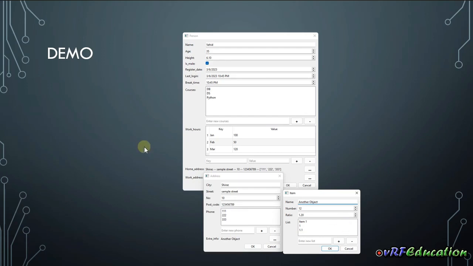As a developer, if you want to create such GUIs inside your application, you need to spend a lot of time. It's really a time-consuming and tedious task for developers, because most of the time you need to deal with the backend code, not just with creating a GUI for objects. You need to put widgets on the form, lay them out, change the names of the widgets, and bind the object to the GUI in a two-way manner, to read from and write to the object. And also, when